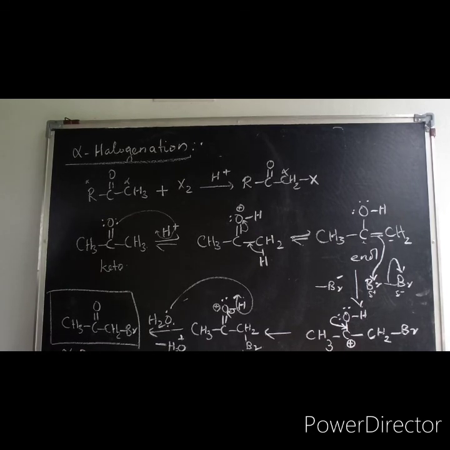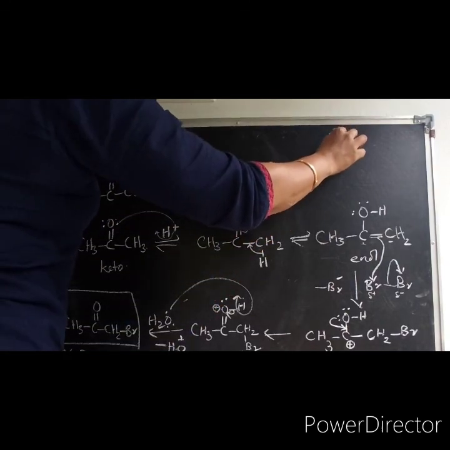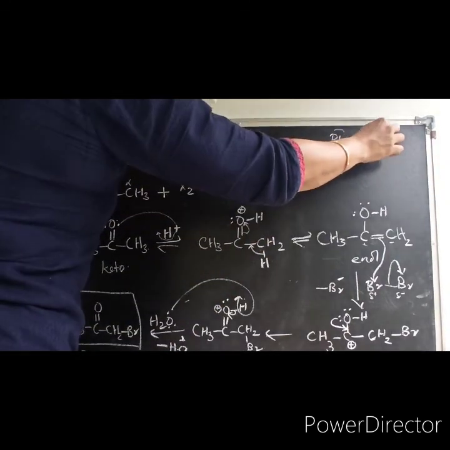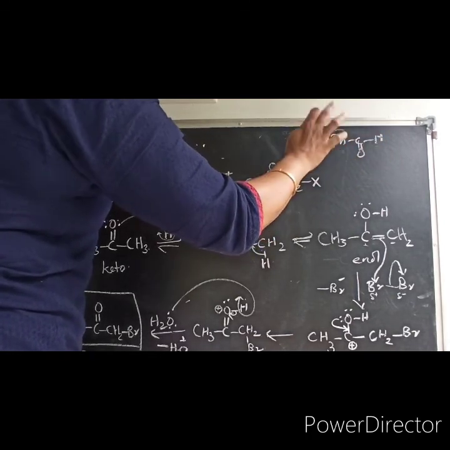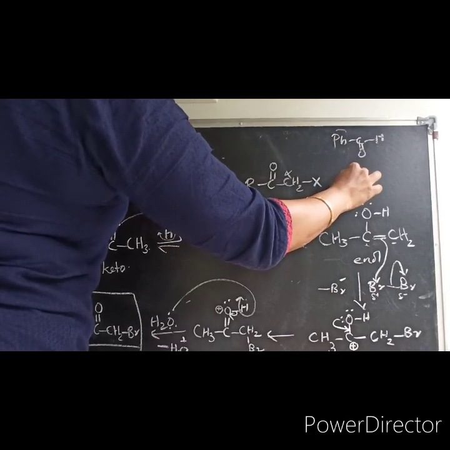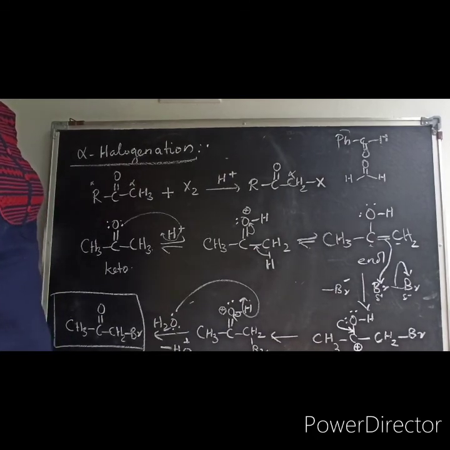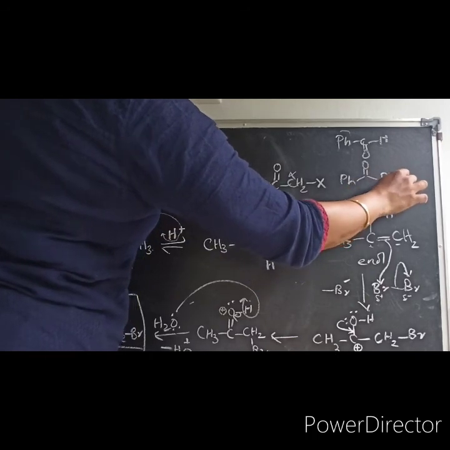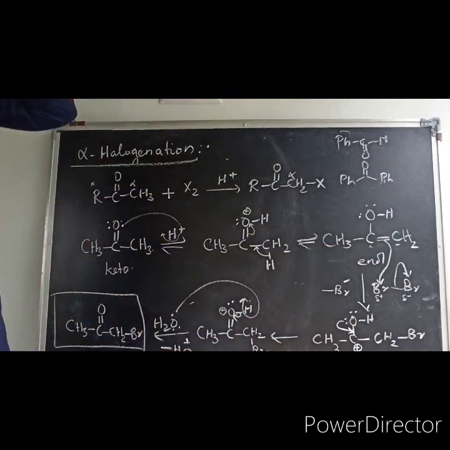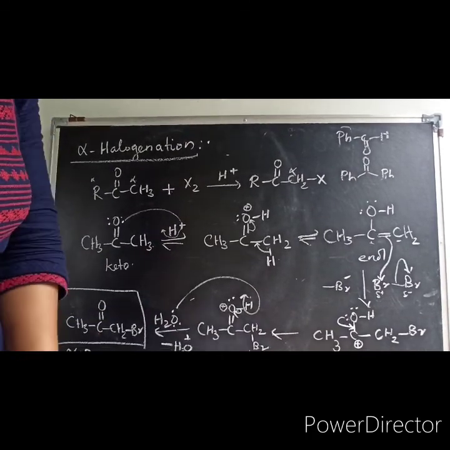And you should keep in mind that carbonyl compounds that do not have alpha hydrogen, as I said earlier, for example benzaldehyde. Benzaldehyde means Ph C double bond O H, that doesn't have alpha hydrogens. Okay, the alpha carbon is not there. Here the alpha carbon is there, but hydrogen is not there. Here alpha hydrogen is not there. Now formaldehyde, no alpha carbon, hence no alpha hydrogen. Similarly benzophenone. Benzophenone means both sides Ph group. So these types of molecules will not undergo alpha halogenation or alpha substitution anymore because they don't have any alpha carbon and alpha hydrogens.